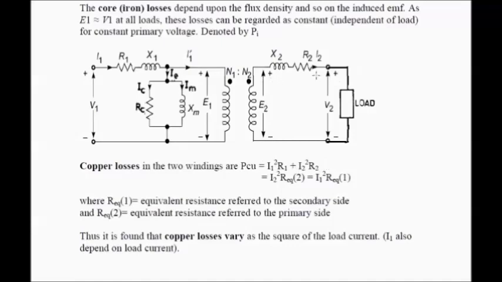And if I refer this secondary to primary side, then I will have I1 square R equivalent 1. That will be the total copper loss, because these parameters are transferred here when I refer secondary to primary, and current flowing through this part is then I1, and overall equivalent resistance will be R equivalent 1. So this R equivalent 1 is actually equivalent resistance referred to, okay, this is not secondary, this is primary.